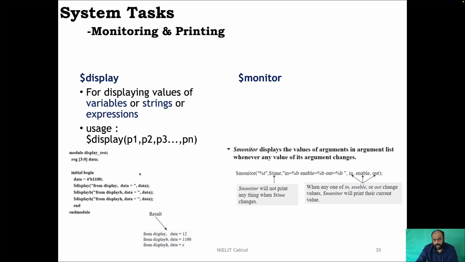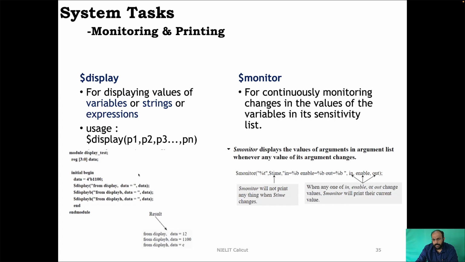Similarly, there is something called $monitor. $monitor is for continuously monitoring changes in the values of the variables in the list. For example, see the usage below. It's written $monitor, then inside the brackets it's written %t, $time, in is equal to %b, enable is equal to %b, out is equal to %b, then after a comma,